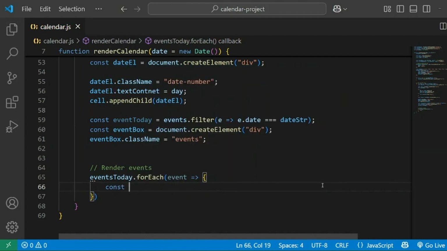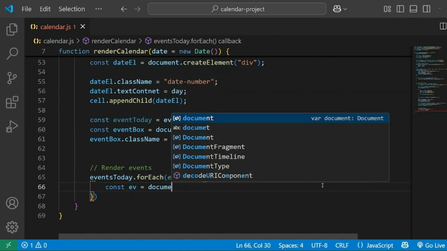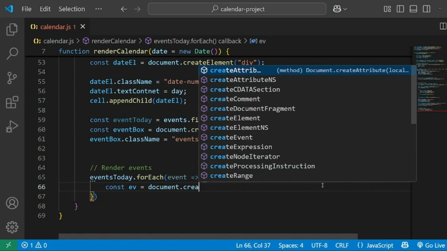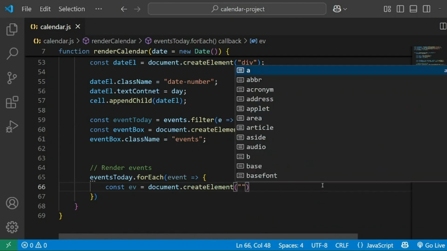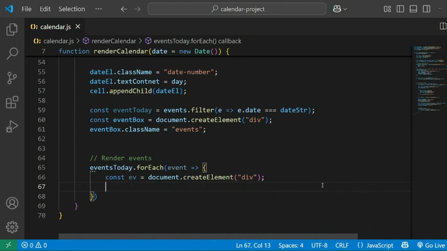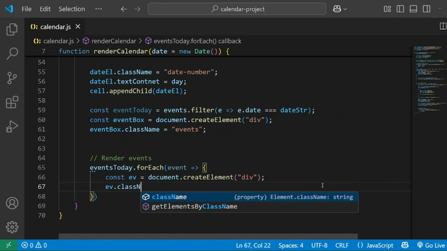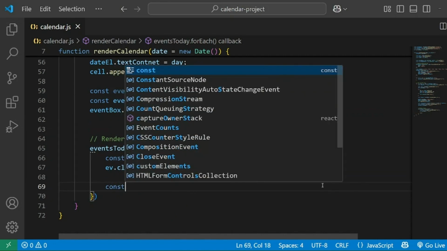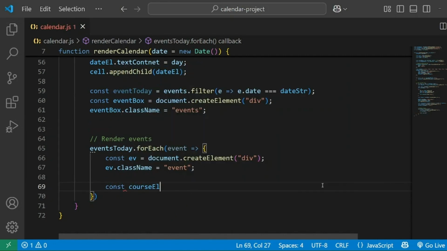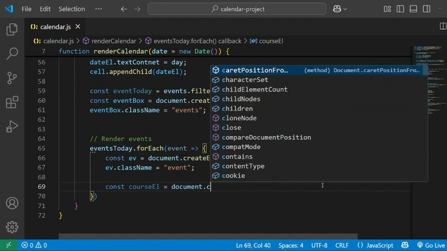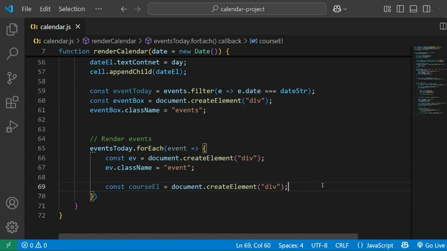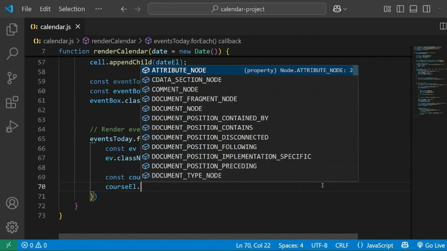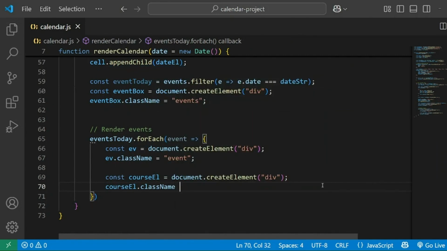For each event, we will create a constant ev, short for event, equals document.createElement, passing here div. So we are creating some elements using the createElement function. ev.className equals the string event. Then we will initialize a constant courseEl, course element, equals document.createElement, passing here div. So we are creating variables for each thing here, for the course, for the event, and then courseElement.className